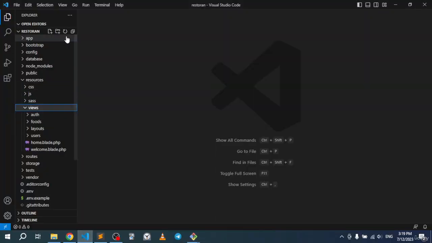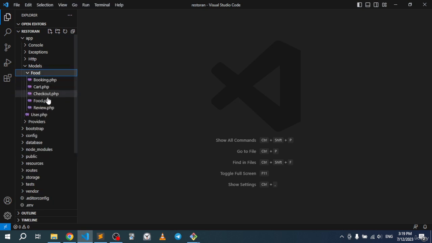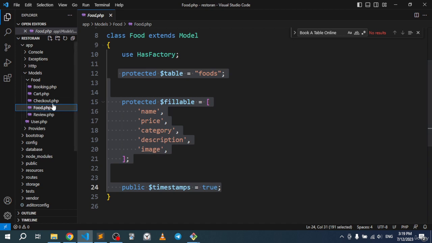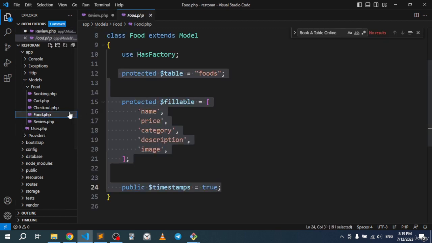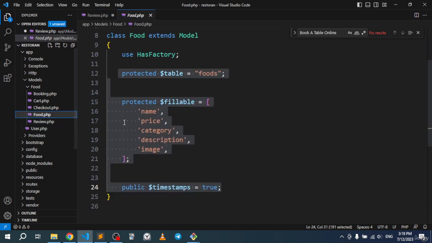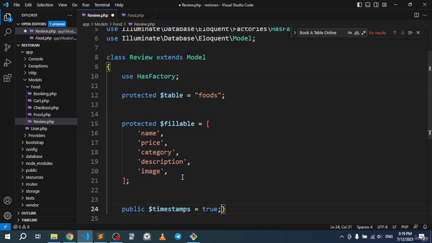All right, so the model is generated. You should go to app, and you should go to models, and we should go to food. If you can see right here, you can see review. Let's copy this, and let's go to the review right away. Let's paste this in. All right, so what's going on? Let's copy this once again and do a control V. All right, so something weird is happening. Let me copy like that and paste like that. All right, so